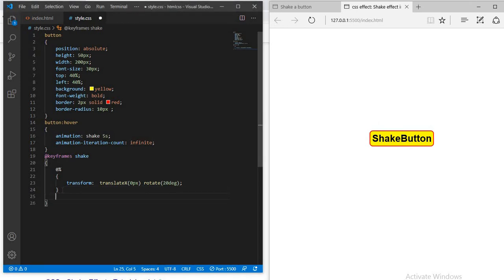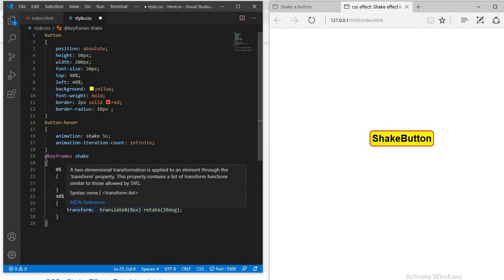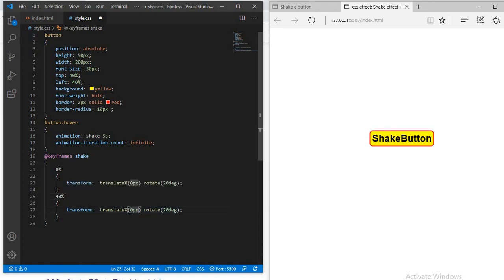I will apply this same for 40%. Transform translate x is -4 and rotate to -8 degree.